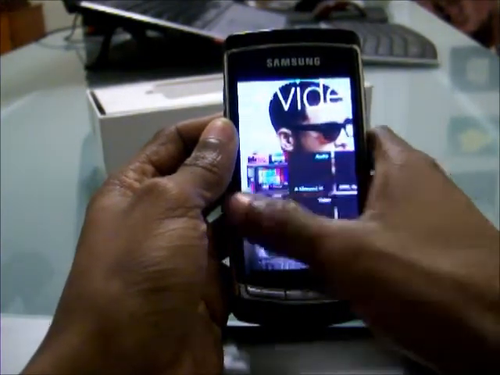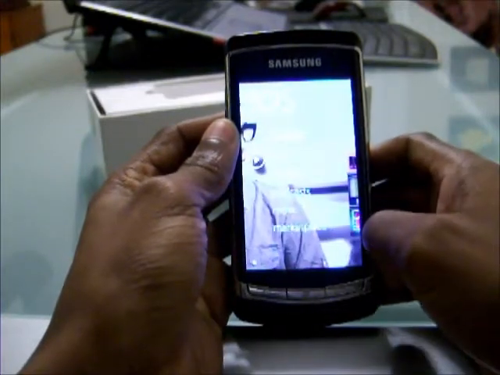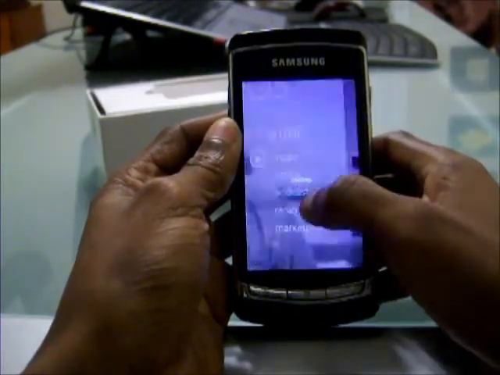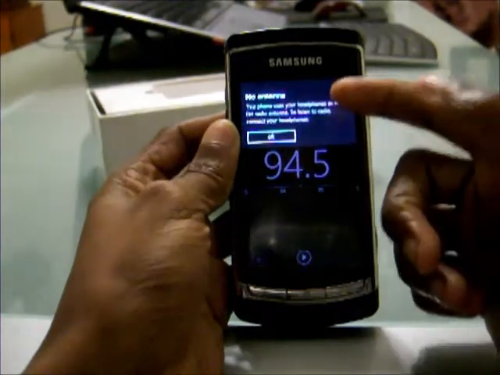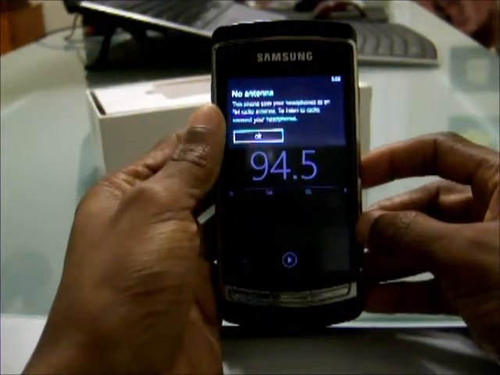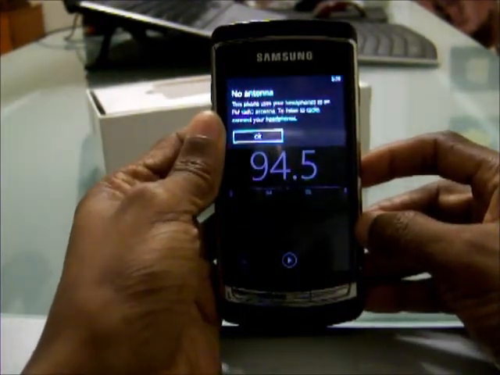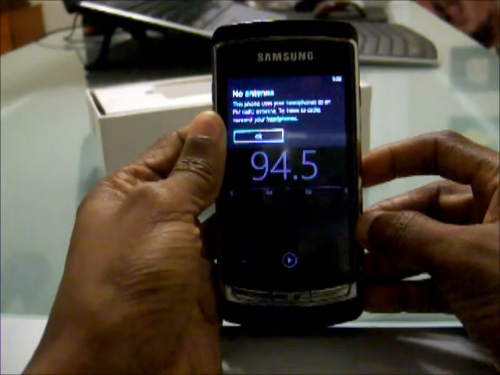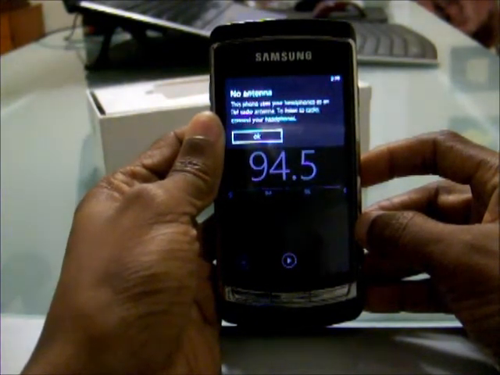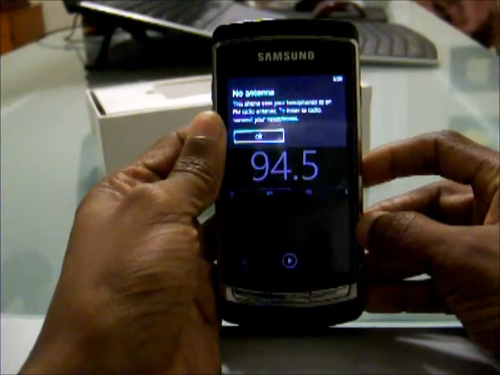Alright, let's go back to the menu. Radio. Now, I've just hit radio. It's giving me a line about how it needs an antenna in order to play it. That's fine and dandy. What I find here is that even with the headphones plugged in, this radio doesn't play